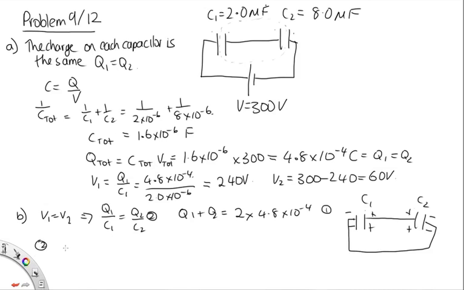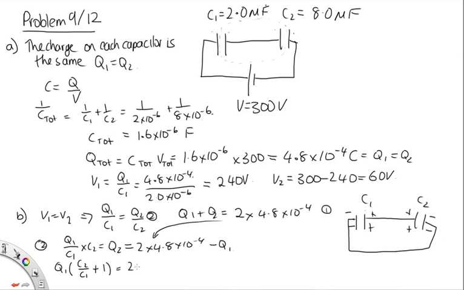We can rearrange 2 to write Q1 on C1 times C2 is equal to Q2, which now we substitute in from C1. Q2 is equal to 2 times 4.8 times 10 to the minus 4 minus Q1. So moving Q1 over here, we've got Q1 times (C2 on C1 plus 1) is 2 times 4.8 times 10 to the minus 4. Now C2 on C1 is equal to 8 on 2, so that's 4. So this is 5. So this tells us that Q1, this is 4 plus 1, that's where our 5 comes from,